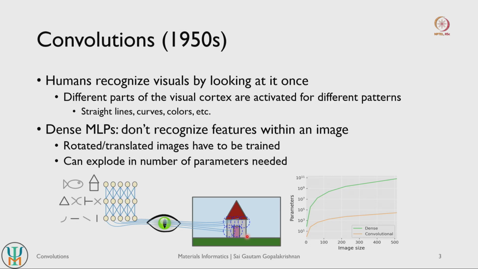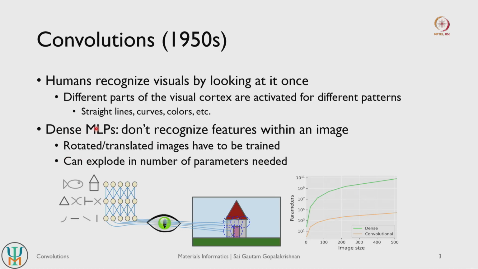It does not recognize all the simple objects very well. It also does not recognize rotations or translations within images. Let us say you take the same image of the house, but then you translate the house to a slightly different portion of the same image. Then the neural network does not recognize that it is the same house that has been translated. So there are limitations with how these dense neural networks decompose features within an image.